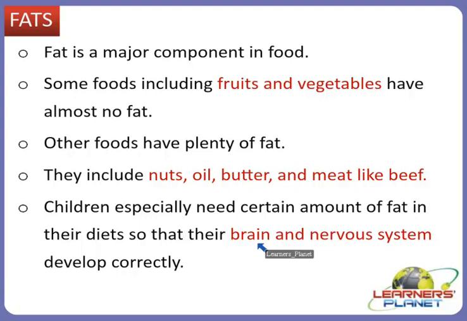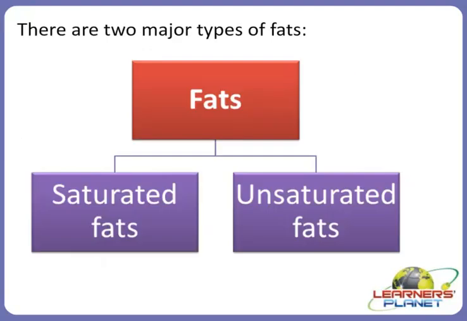But this is not so true, right? We need to know that there are different types of fats and we should consume them in a very moderate amount. So let's see some of the types of fats. Yes, there are two major types of fats, saturated fats and unsaturated fats. Students, you might see ads for foods, right, that say they are low fat and fat-free foods. You should consume these kinds of foods because they are low in fat, right? So what are these actually? What are low fat and fat-free foods?